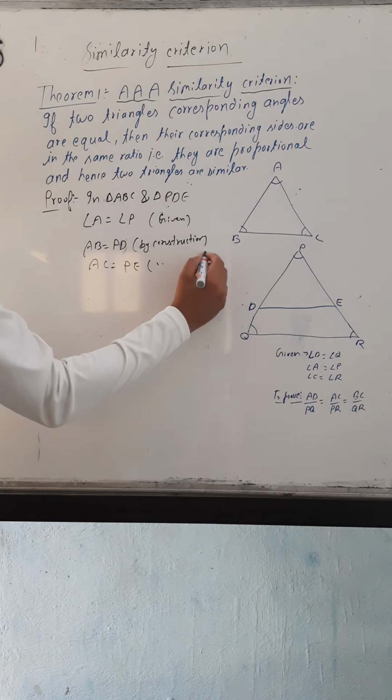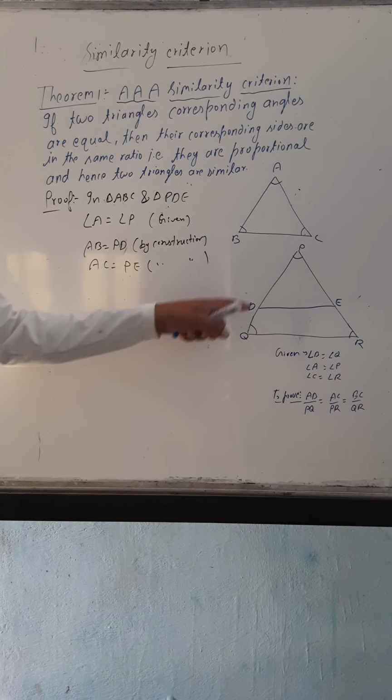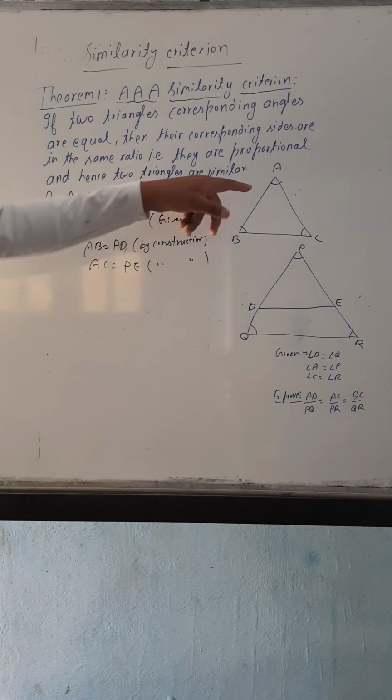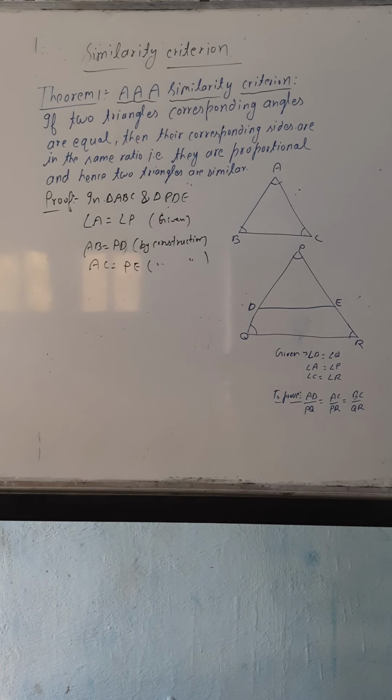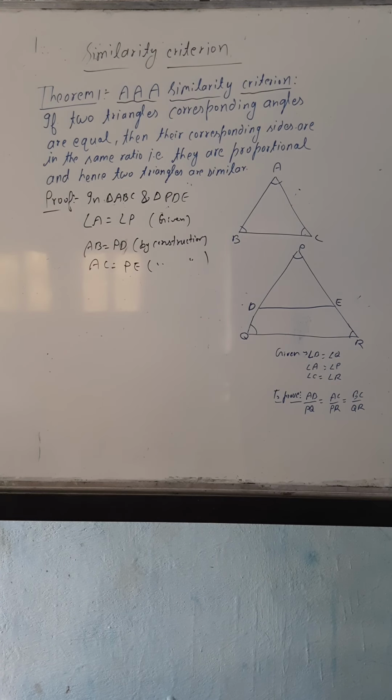This is again by construction because we have drawn this line in such a way that this one side is equal to this one side and this one side is equal to that one side. Yes or no? So this is by the construction. So if this is so, we can say by the side angle side, SAS. This is a side, this is again an equal side, and this is the angle. By the SAS congruence rule, we can say these two triangles are congruent to each other.